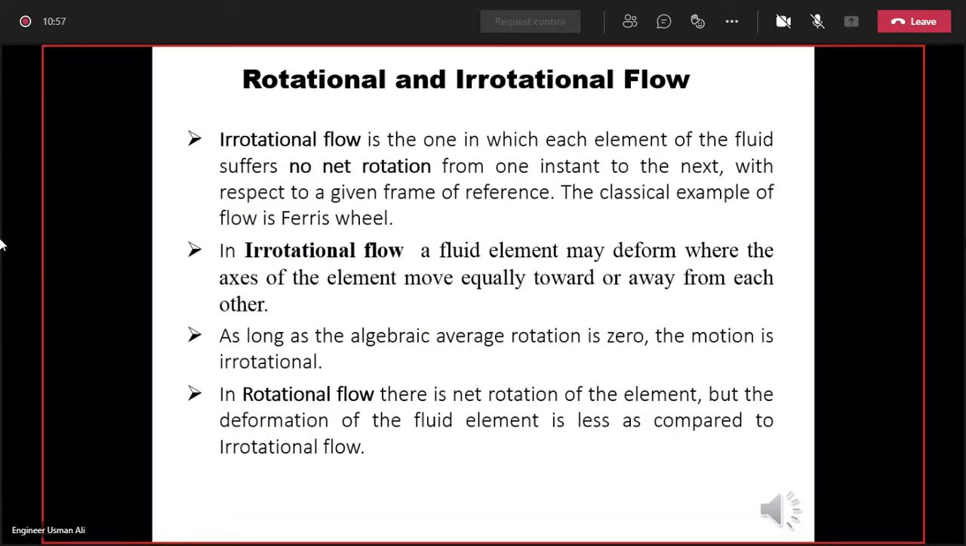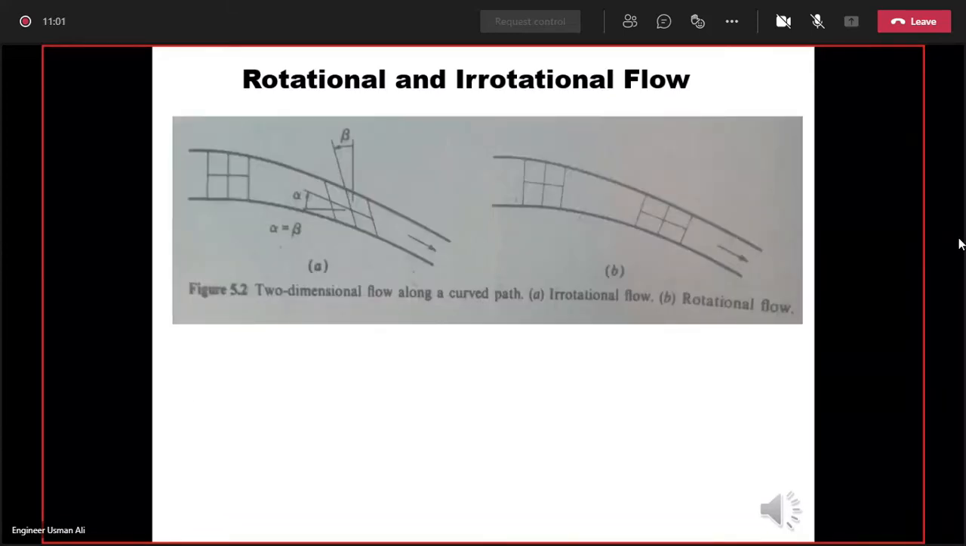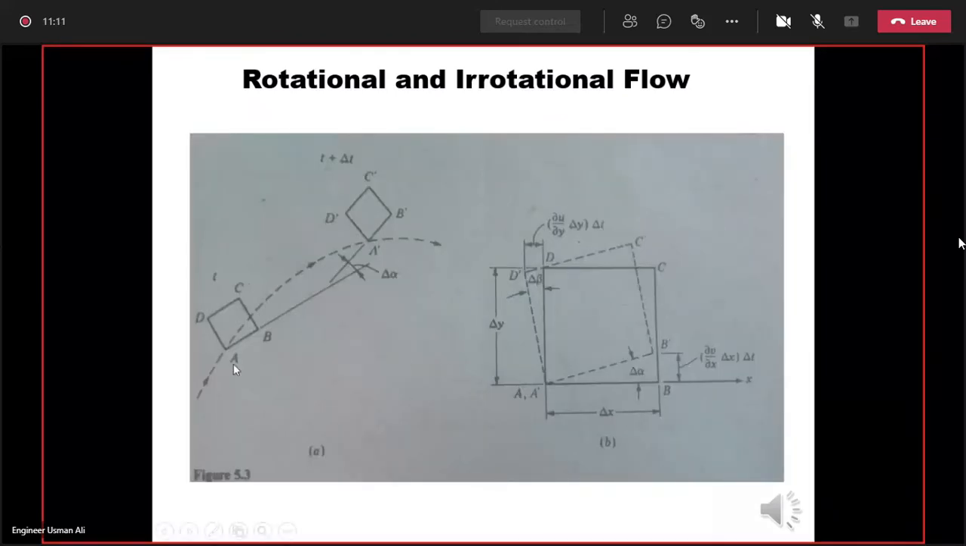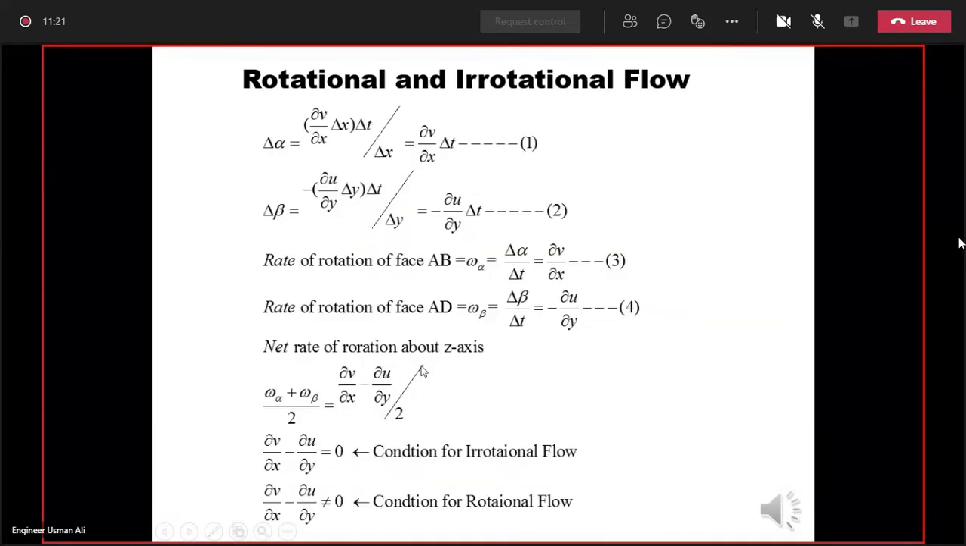to t plus delta t is the rotational flow. So that was also explained by this figure, how rotational and irrotational flow can be differentiated. We also derived one equation considering the element at time t and the element at t plus delta t when it is rotated. So considering its two positions, superimposing them, we derived the equation